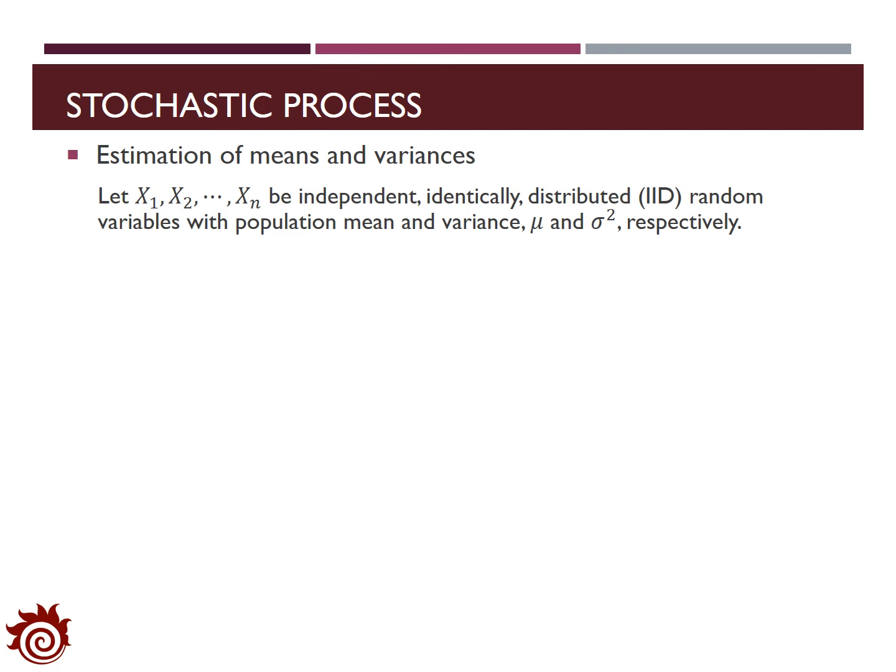The stochastic process is usually applied for us to identify the features of some random variables. For example, we can use the stochastic process to estimate the mean and variance. Assume that we have n random variables which come from the same experiment, x1, x2 to xn, and they are independent and identically distributed, which means they will have the same population mean and variance, which are defined as mu and sigma square. Then the mean of the random variables, x bar n, is defined as the average value of the n